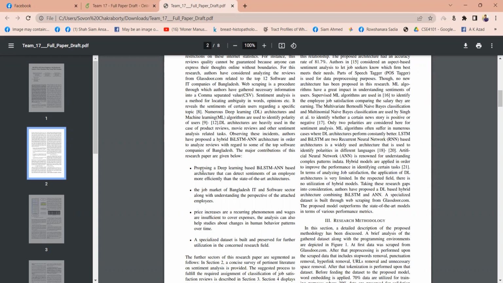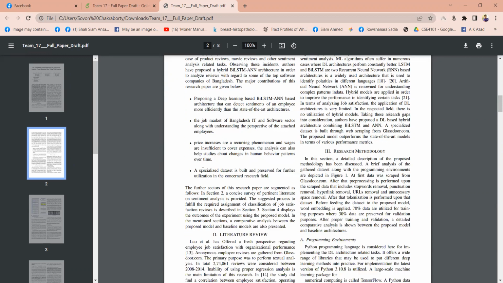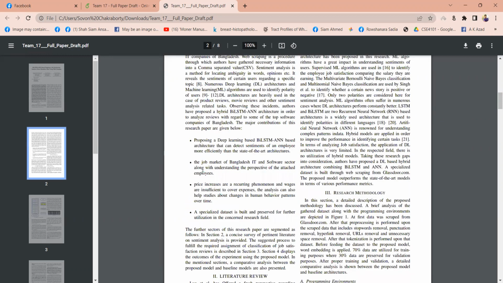The job market of the Bangladeshi IT and software sector, along with understanding the perspective of the attached employees: price increases are a recurring phenomenon and wages are insufficient to cover expenses. The analysis can also help studies about changes in human behavior patterns. And finally, we have built a specialized dataset that is preserved for further utilization in the concerned research field. So these are the contributions of the research paper.